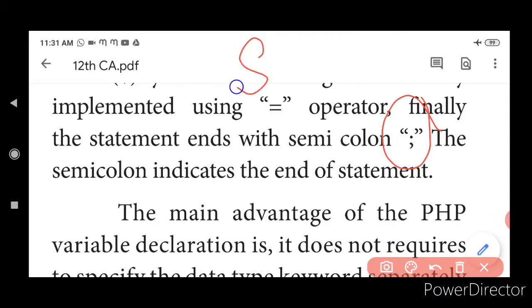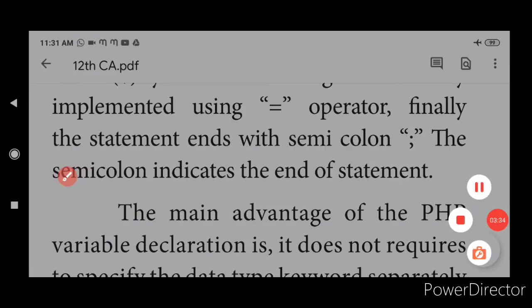We begin with a dollar symbol followed by alphabets and then followed by the assignment operator. Then we just assign some values like this and end with a semicolon. $A is equal to 2, semicolon. Semicolon represents the end of the statement.